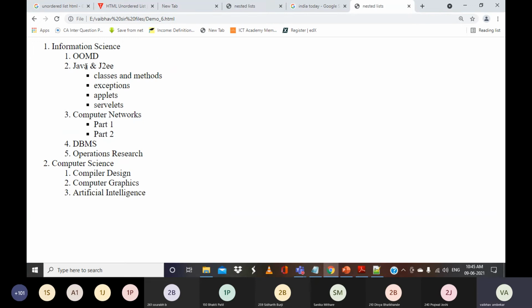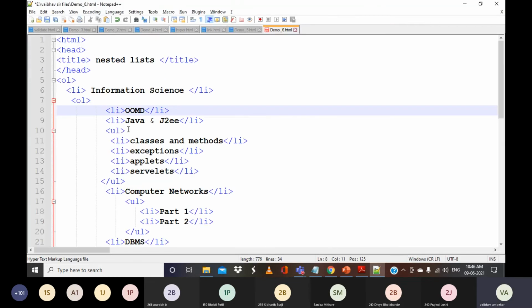So within this Java and J2EE, I have created an unordered list because all these are appearing in bullets. That is, we are explaining the concepts of Java and other things. So inside this, I have created a UL, that is an unordered list. And within this UL tag, you can see we have another list of elements: classes and method exceptions, applets, servlets, and so on.